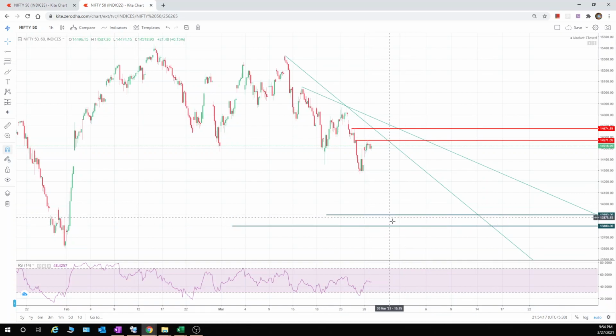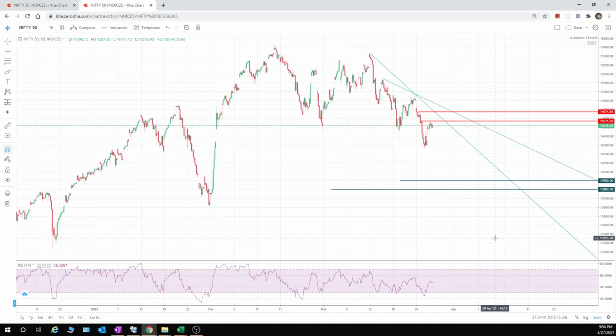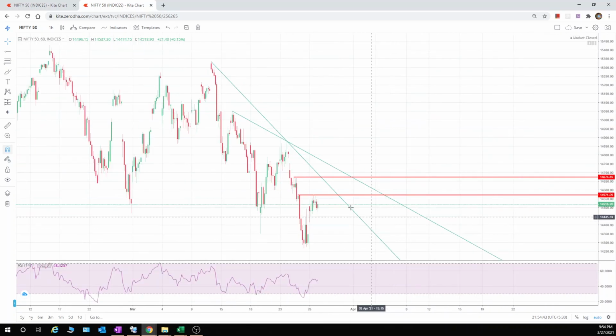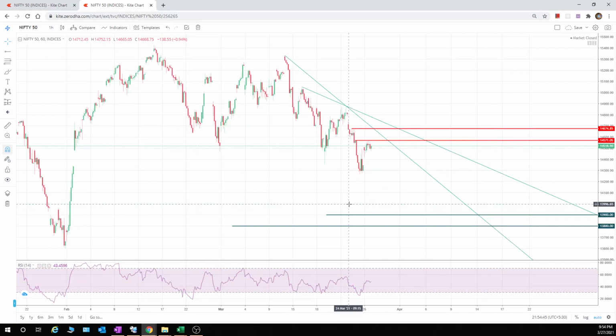This is the area where we will get actual good support, and that will be the consolidation support, where Nifty could go till 14,400, not more than that. Then again, if we get some double bottom or something, we can rise. Otherwise there will be a fifth move, and then we have to see the price action and the analysis of what is going on.